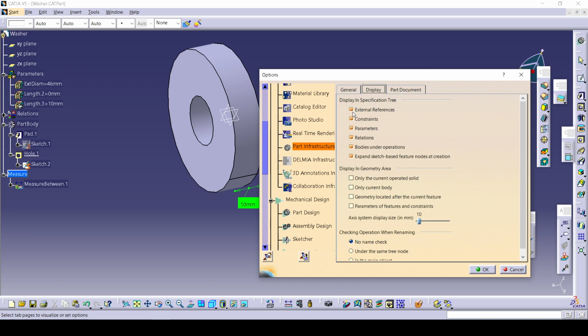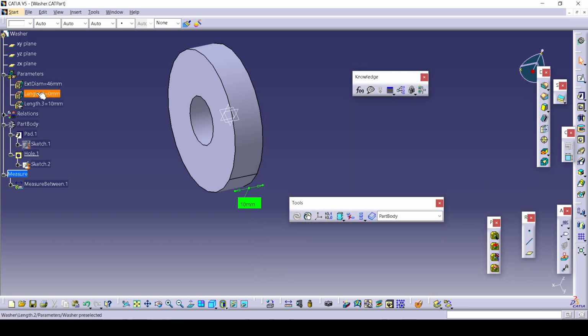Here in the display you need to select external reference, constraint, parameters and relations, so that when you create the parameters, it will show you the parameters with their values. Okay, this is how we can create the parameters